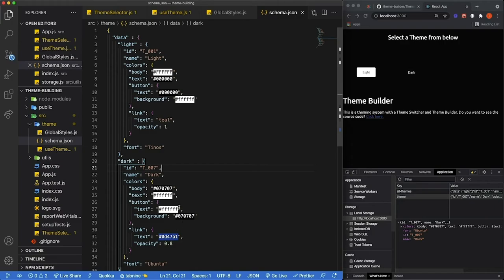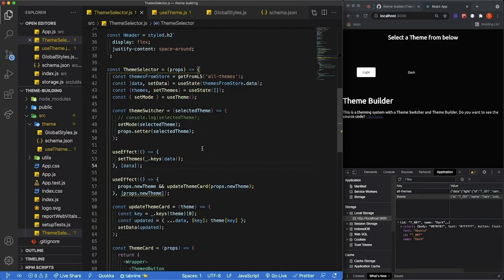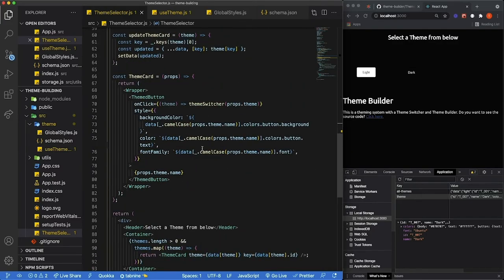I want to give it this color. Let's say if it's dark, then give me the text color, and if it's light, use the text color, okay? So this is what I'm going to do here. It's simple. Remember that we already styled something before that we use